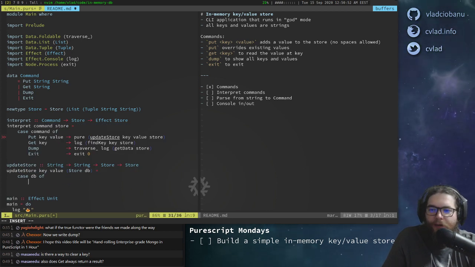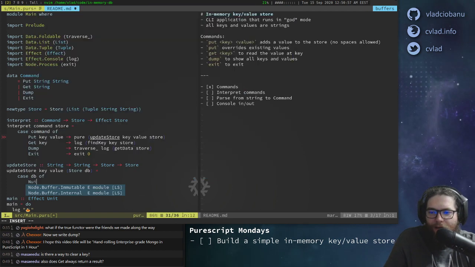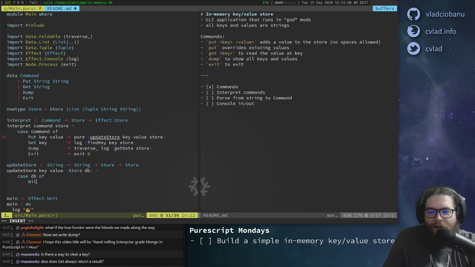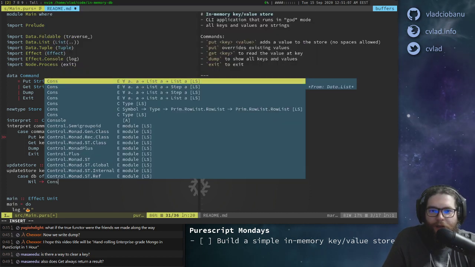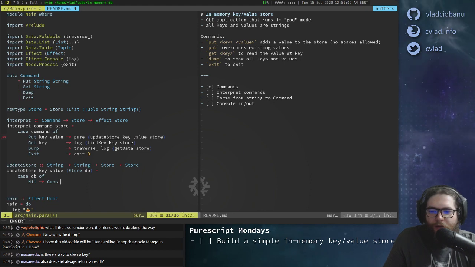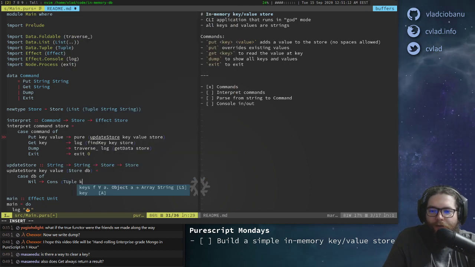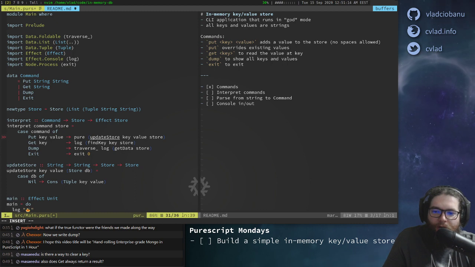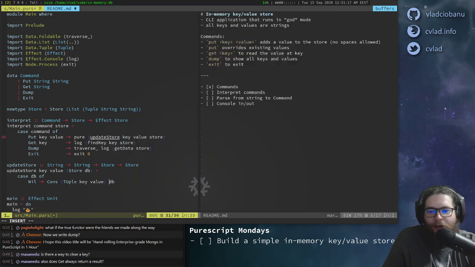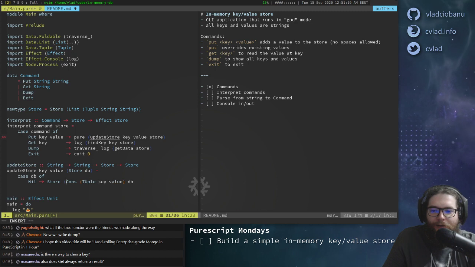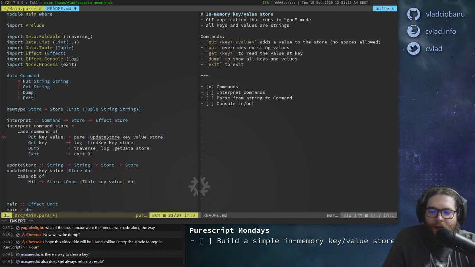And then there are two ways to construct a list, right? One of them is nil. So a nil list is an empty list. So in case we have an empty list, then what do we do? Well, we do a cons, we append. So what do we append? Well, we append a tuple of key and value over the existing database, right? And of course, since we need to return a store, we need to add the store constructor on top of this. And then if we have a cons, right, where we have an x,